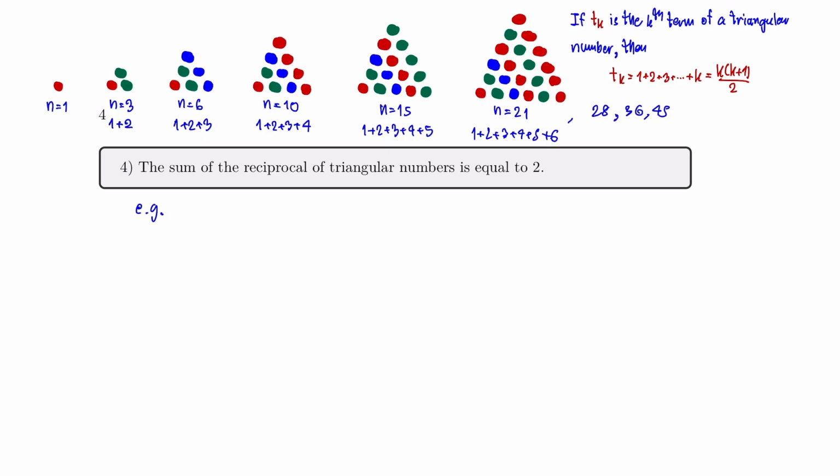We know that 1 is a triangular number, so the reciprocal of 1 is 1 over 1. The next term is 3, so we have to plus 1 over 3. Next term is 6, we add 1 over 6. Next term is 10. The next term is 15, we plus 1 over 15. And all the way to